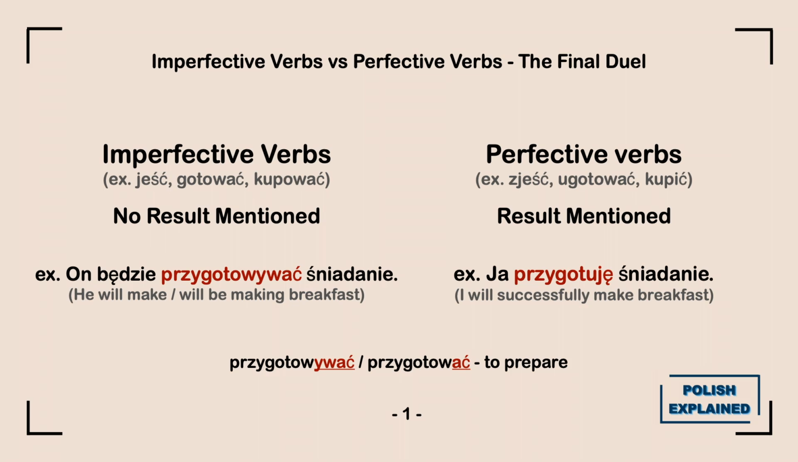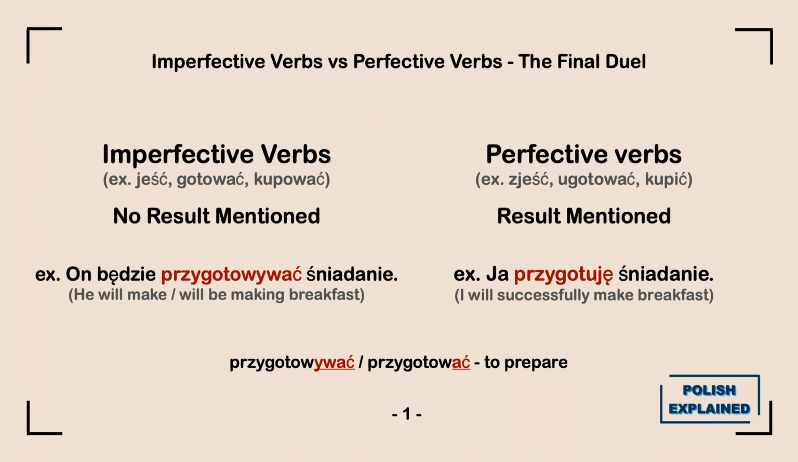A sentence with an imperfective verb, przygotowywać: "On będzie przygotowywać śniadanie" tells us that this person will be in charge of making breakfast. Indeed, he will start and try to make breakfast, but we don't know if he will finish or not. The same sentence with a perfective verb, "Ja przygotuję śniadanie", tells us that after all, the breakfast will be ready